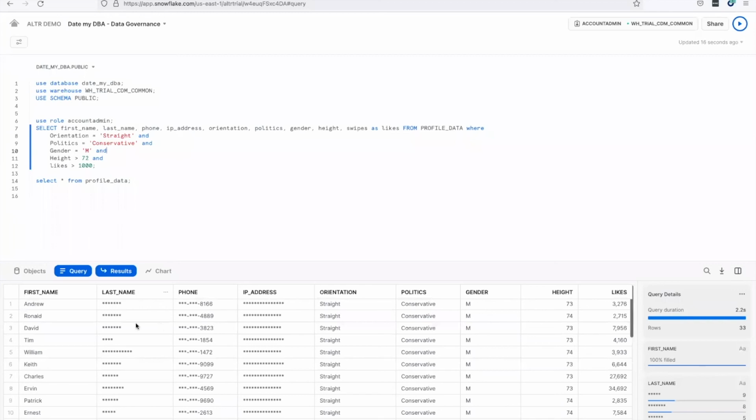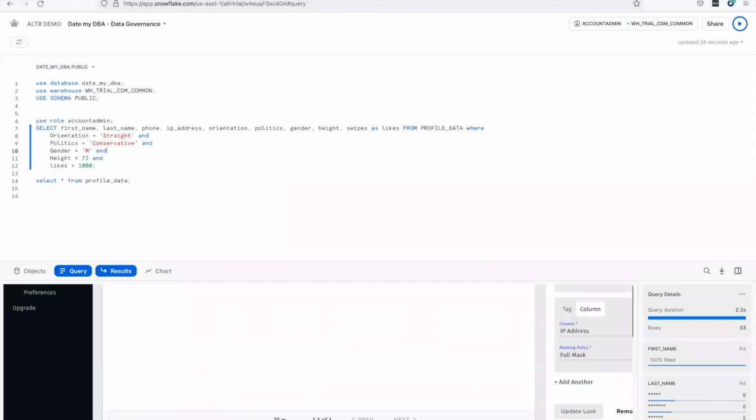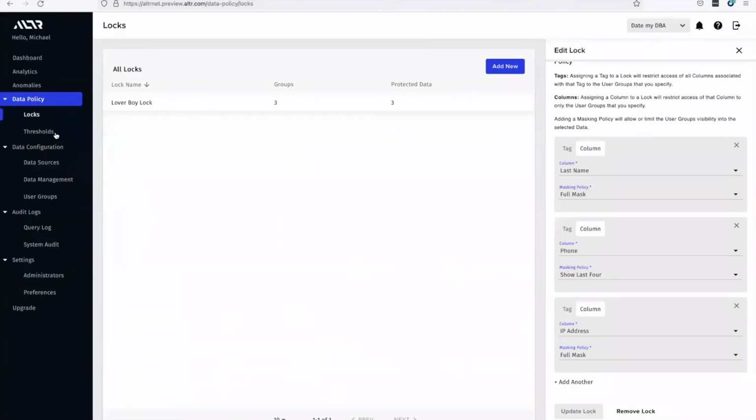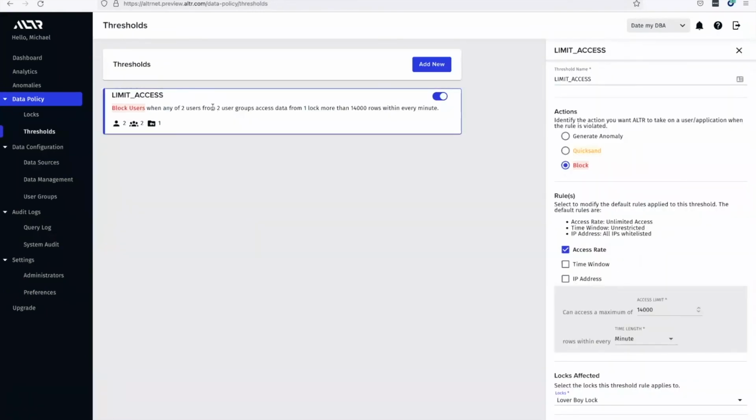But you may have users that need to see this data in the clear as well. So you head back to ALTR to create policy that controls for the risks of someone grabbing all of your sensitive data. In ALTR, you navigate to the thresholds page to create policy that limits how much data your users are allowed to see in the clear before automatically taking action. You create a threshold that triggers when a user attempts to access more than 14,000 values per minute, and when that happens, you could generate an alert for your security team, but in this case, you choose to automatically block